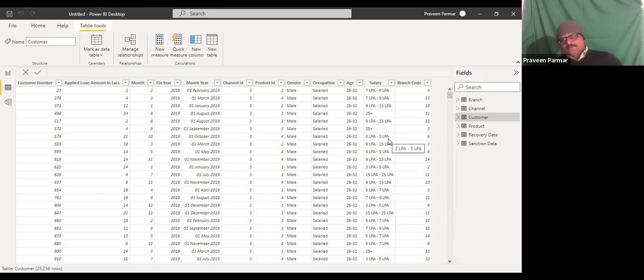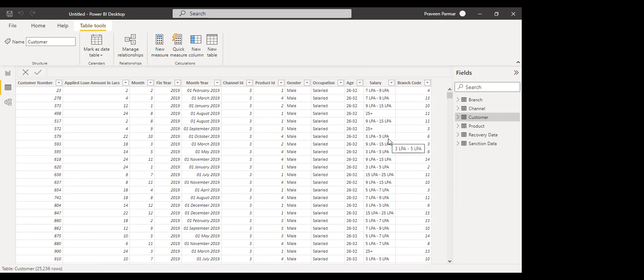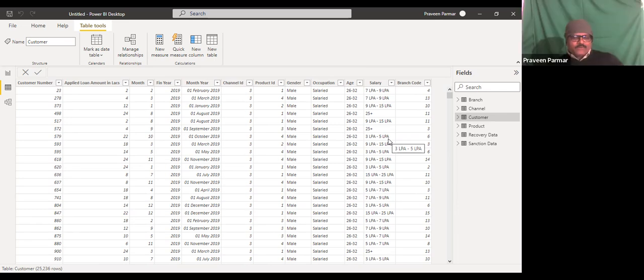And channel table is also a dimension table. Correct. So we have 3 dimension tables and 3 fact tables. The dimension tables are branch, channel, and product.